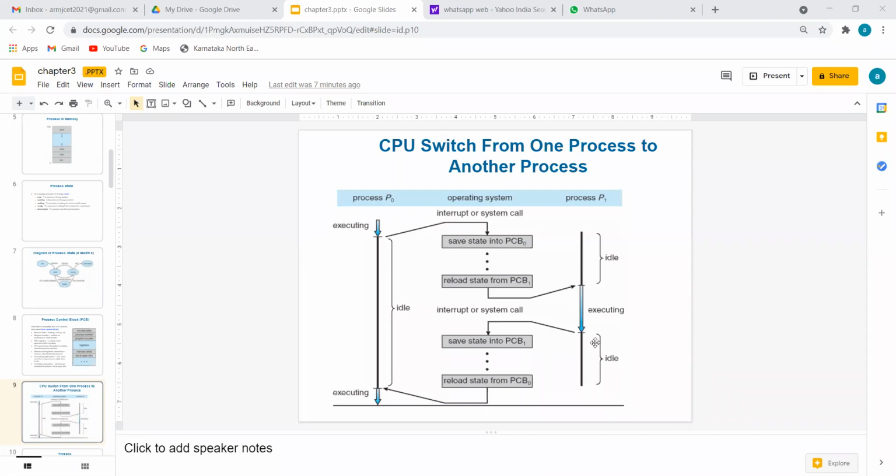But can you expect this idle time to be 0? Can anybody give the answer? Can you feel today's mobile idle time as 0? No, it may be in microseconds, but it cannot be 0. According to the diagram, you can feel 1 or 2 seconds. It can reduce to microseconds, but 100% sure it cannot become 0 even after 100 years of our technology. It will be there, but it will shrink day by day. But it is not that we will have a 0 time for the swap.